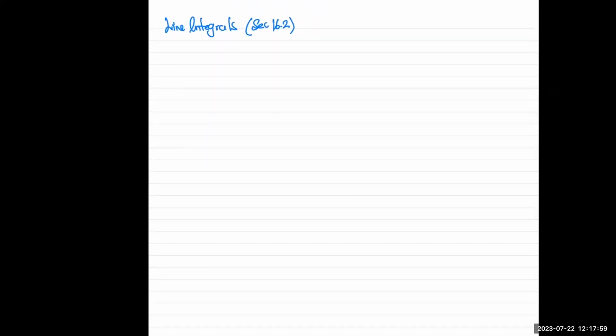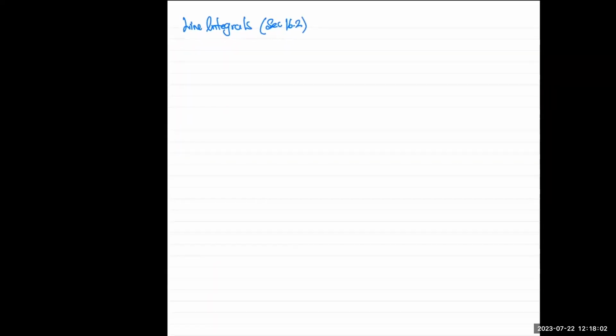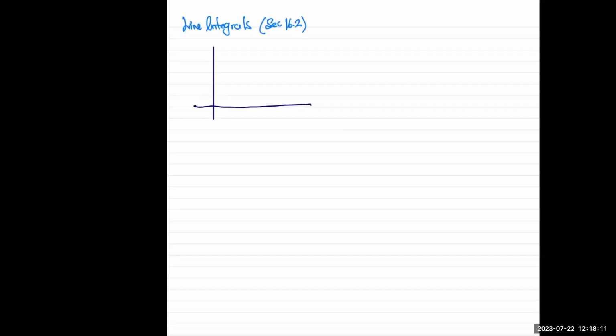So I'm going to go over line integrals in section, I believe, 16.2. And I want to start by going over a regular definite integral of a function that you did learn in Calculus 1. The definite integral of a function is done over some interval of x. So say we have some function y equal to f of x